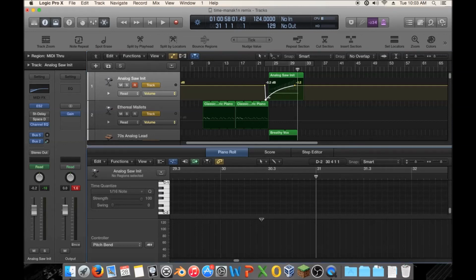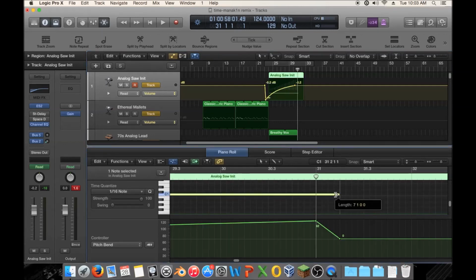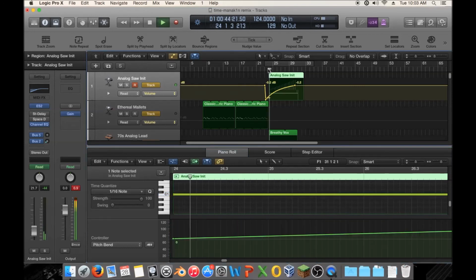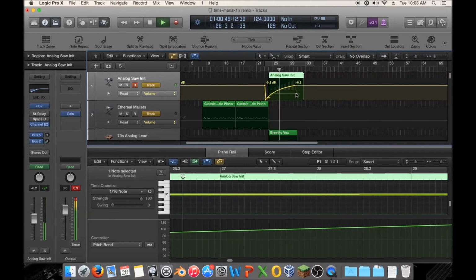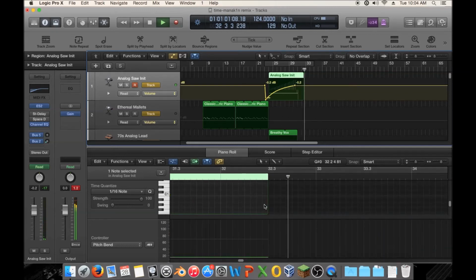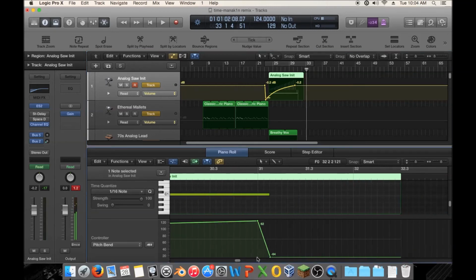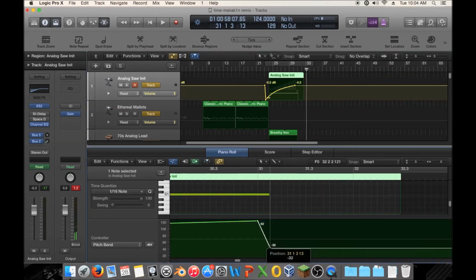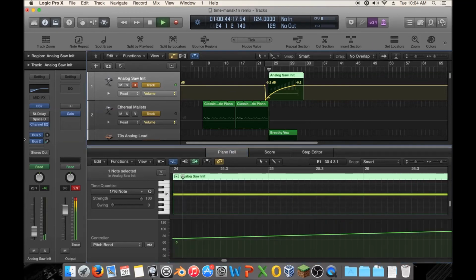Okay, let's try this. So I want to go back into this one. Let's make this faster, and we'll make it drop down. We'll actually make it drop down too, not just go back to the original spot. Okay, probably don't want to drop it down that far, so we'll just put it there, and then